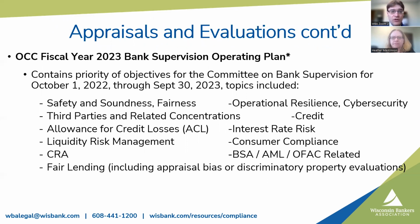Wrapped into that, we also wanted to discuss the OCC's Bank Supervision Operating Plan for 2023, which is what we have here for you now on slide 6. And you can see, among other things, that the appraisal is wrapped into their fair lending considerations. Among these other items that we have listed for you on the slide, the OCC issues this annually based upon its fiscal year regarding supervisory strategies and priorities. So within that,